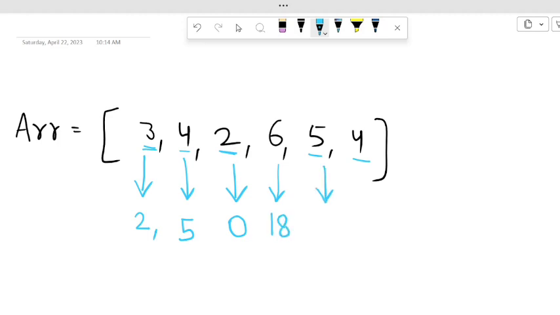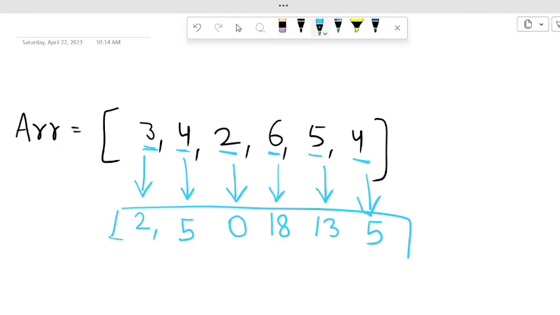And for 5, every element is smaller except 6. So the answer will be 3 plus 4, 7 plus 2, 9 plus 4, 13. And for 4, the answer will be 5. So we have to return this vector. Okay, so the approach that came to my mind